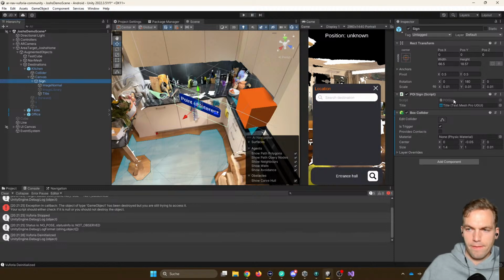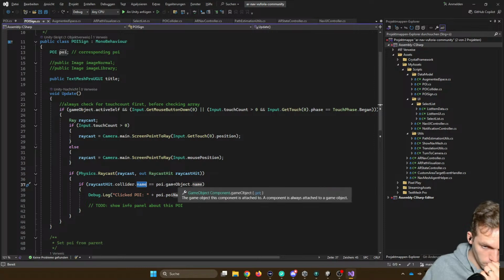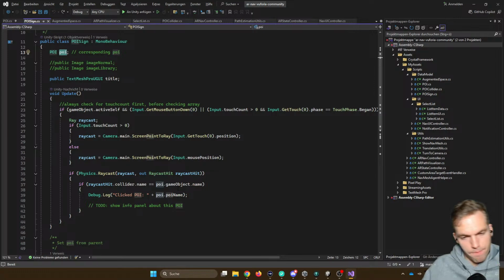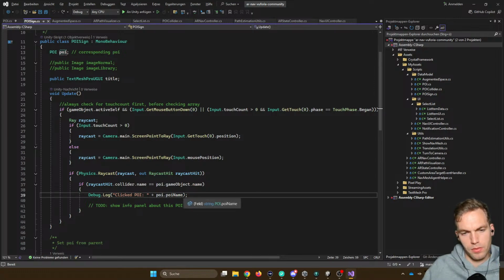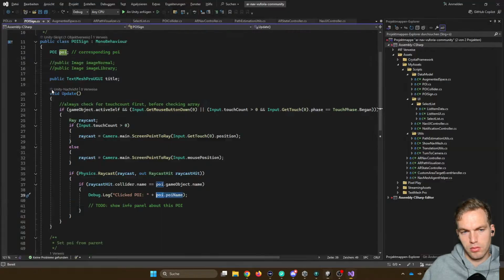And then here we have to ask, collider name is, this is the point of interest. Now we're gonna compare it here, because the collider name is not gonna be the same as